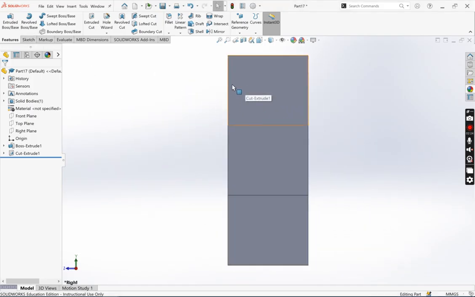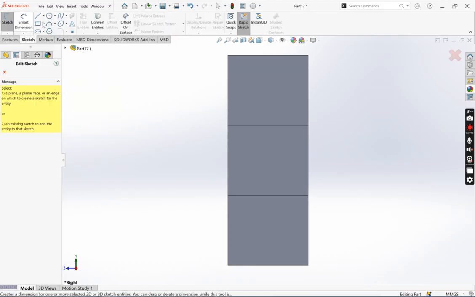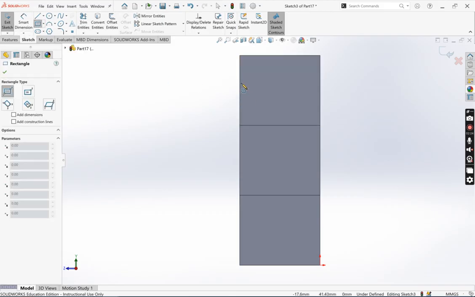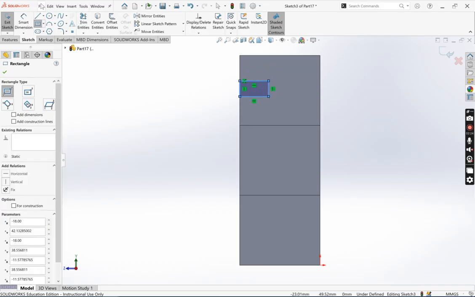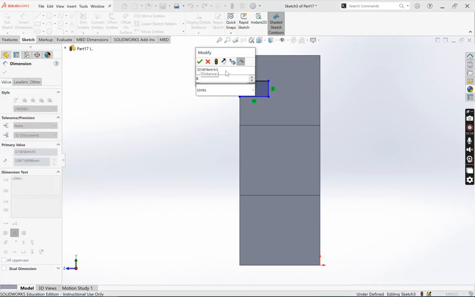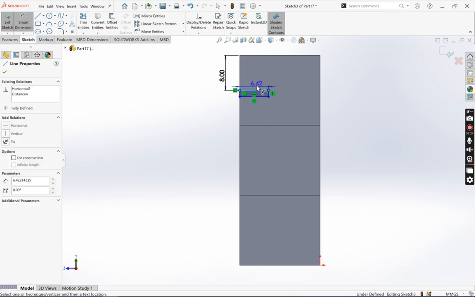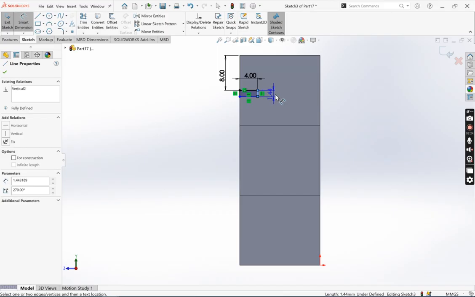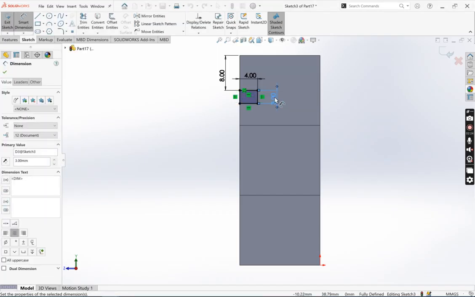I'm going to draw the rebate, so that's that little slot we want to cut out. I'm going to sketch, draw the sketch onto the first square at the top, draw my square or rectangle, rough measurements for now, and change it with a Smart Dimension. I want the line to start from the top to here, being 8 millimeters away, so that's 8 millimeters. It should be 4 millimeters deep and 3 millimeters down here. So that'll give us 4 by 3 on the slot and 8 millimeters from the top.